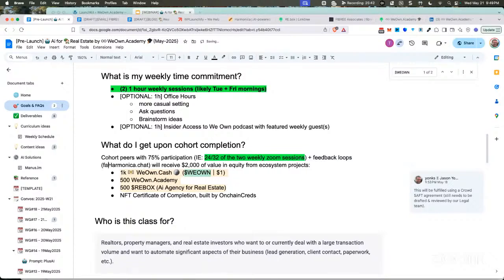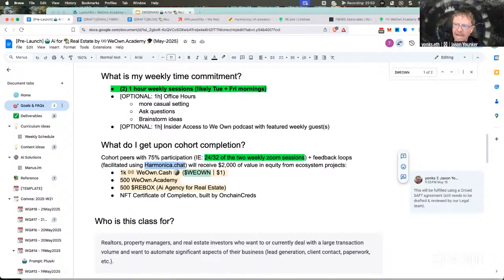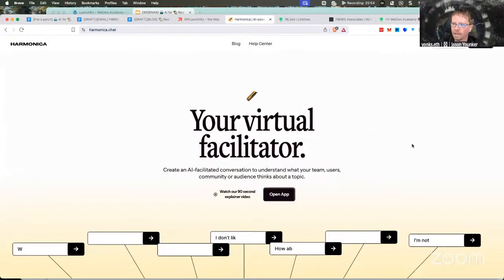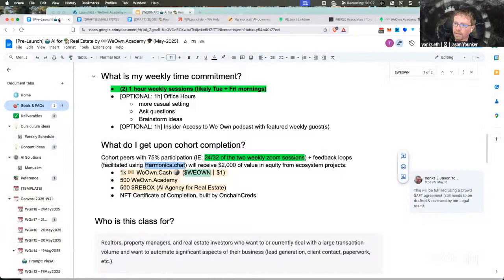Facilitated. About that. Is that kind of like what we've been using, like Telegram or something, or no? Harmonica.chat? Uh-huh. No. So great question. Harmonica.chat is a virtual facilitator, and it's more chat-like, as in chatbot. And this is something that we're going to be using instead, because one of the things that we had